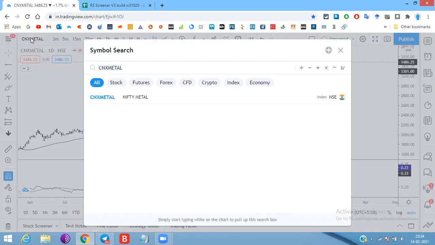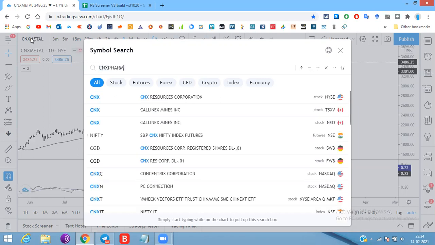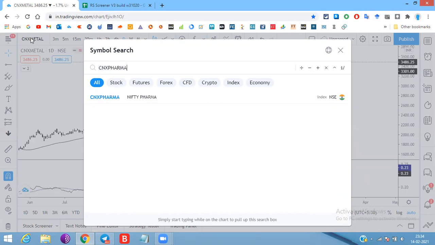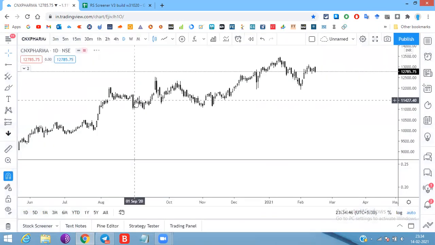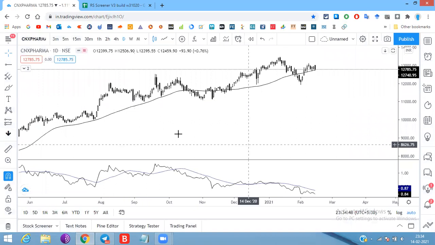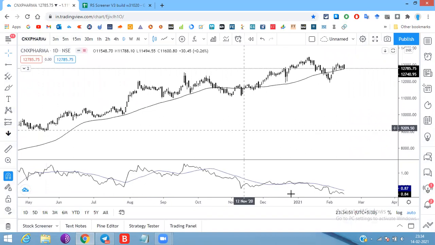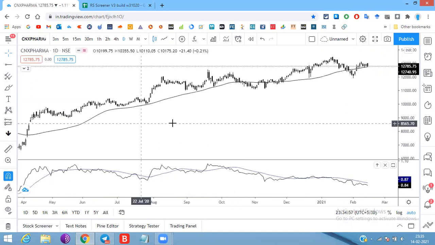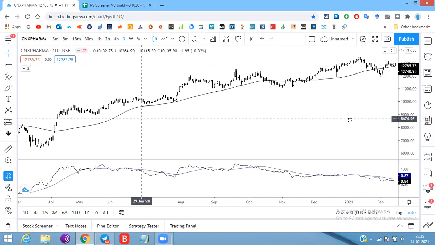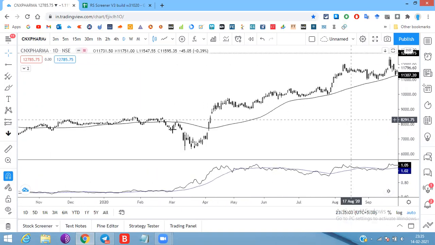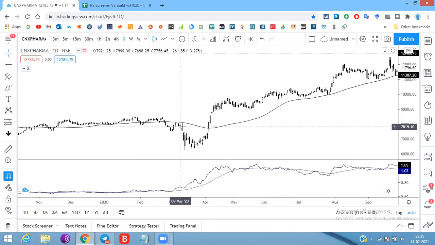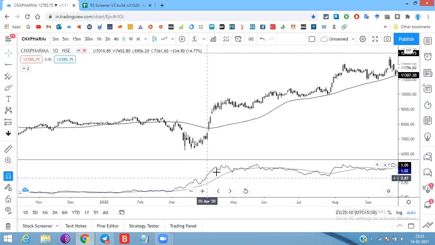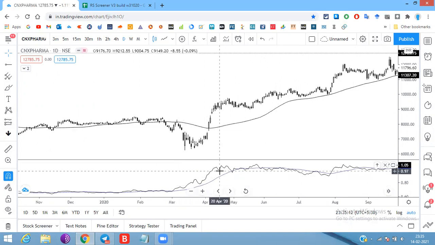Okay, let me explain Nifty Pharma. Let me show you how a low beta sector really does great when the overall market is not doing great. Right now Nifty Pharma is not doing great. The whole ratio line is moving down. That means Nifty Pharma overall is not that great. But let me show you something. When the whole market was facing the pandemic crisis, at that time see the outperformance of Nifty Pharma. Boy oh boy, that was really great.